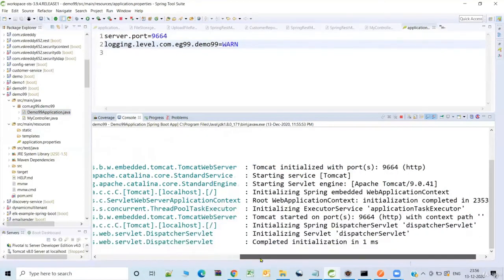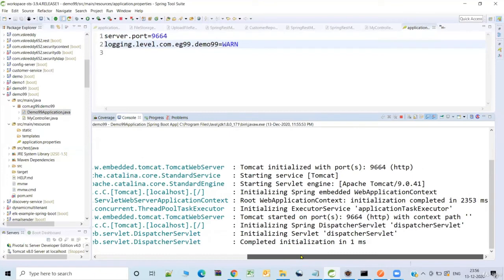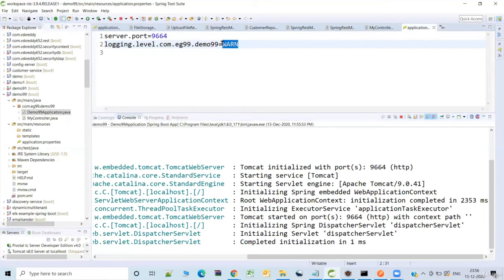So as we see in the output here, we do not see any log. The reason is the logging level. So let's try to just keep it back. You can try to play around with that just by keeping it back to info, which is the default level. So let us just make it as info and rerun the application.